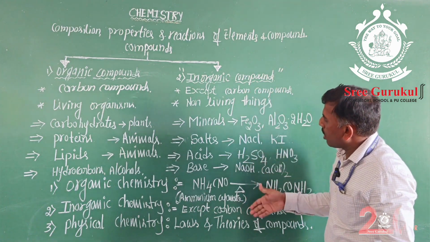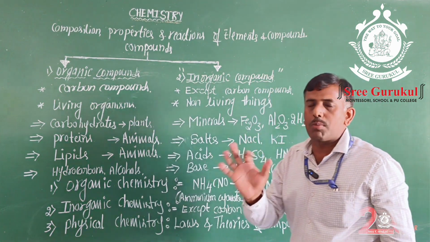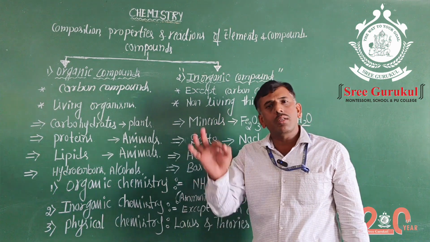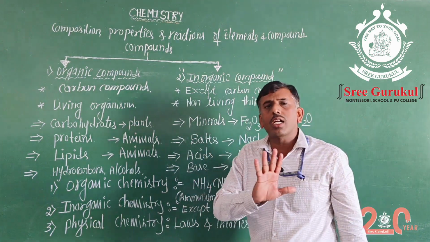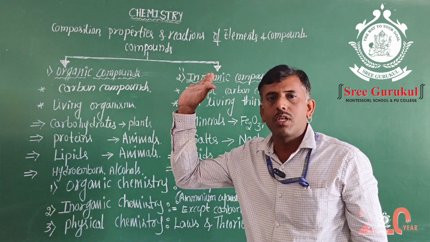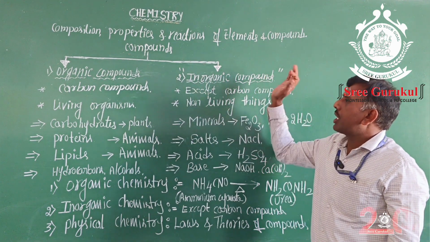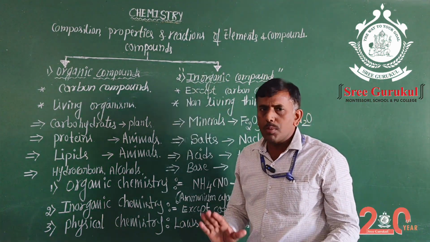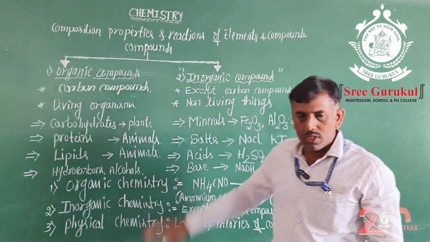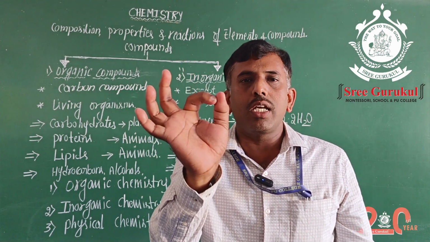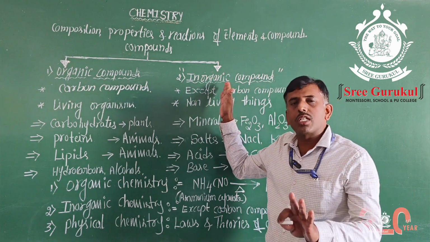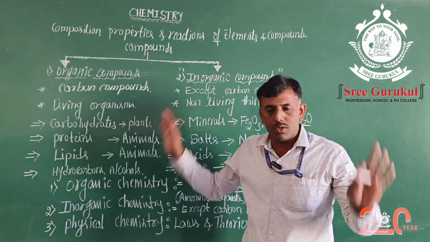Dear students, all these compounds are made up of metals and non-metals, but not carbon atoms. Except carbon compounds, all are called inorganic compounds. Hence, carbon is not an essential constituent of all inorganic compounds. This is the main difference between organic compounds and inorganic compounds. I will repeat once again: compounds of carbon are called organic compounds, except carbon compounds are called inorganic compounds. Carbon is the most essential element of all organic compounds, but not of inorganic compounds. It is clear that point.